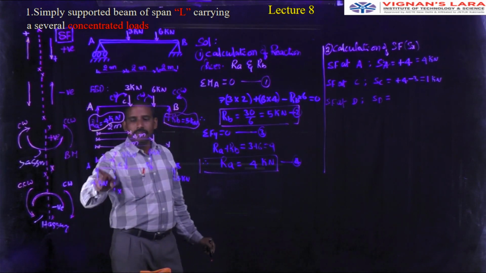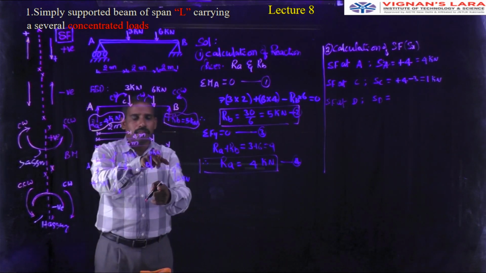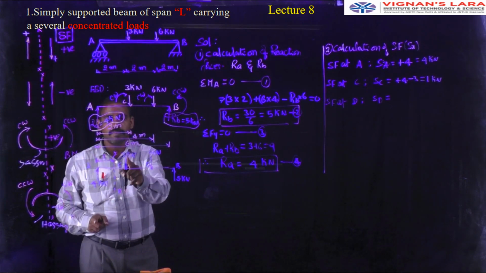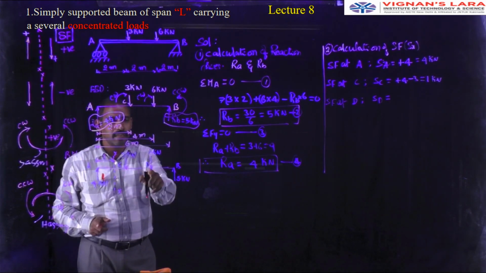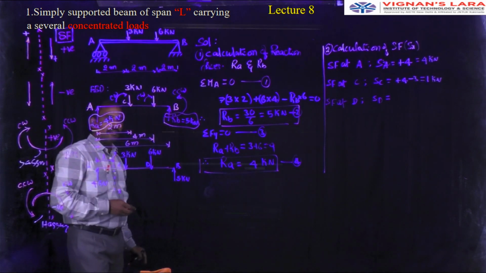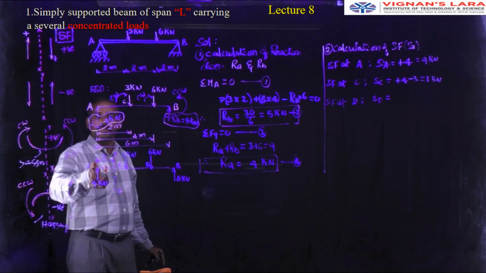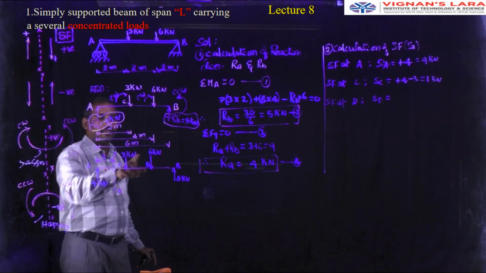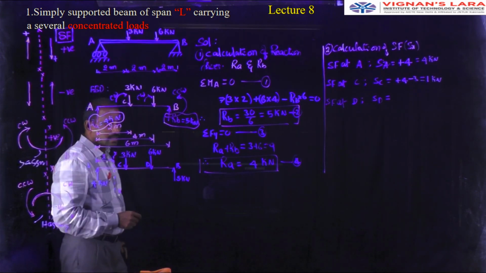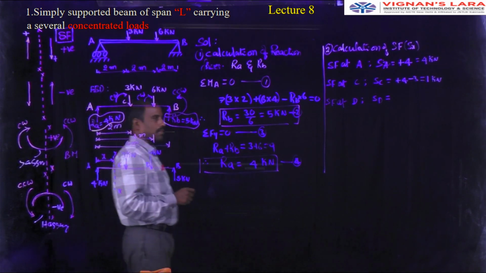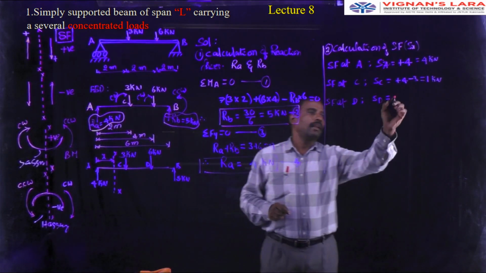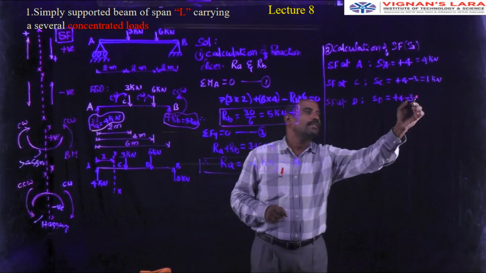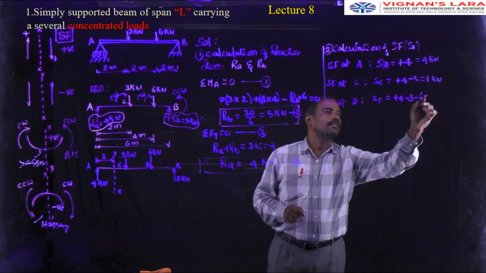So how many forces are acting to the left of the section? One is 4 vertically upward, the second one is 3 vertically downward, and again 6 is vertically downward. As per the sign convention, vertically upward force to the left of the section is taken as positive. Definitely the 3 kilonewtons and 6 kilonewtons must be taken as negative. Therefore, plus 4 minus 3 minus 6, that is equal to